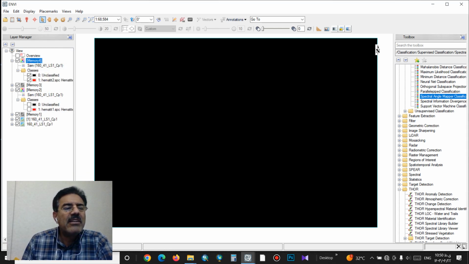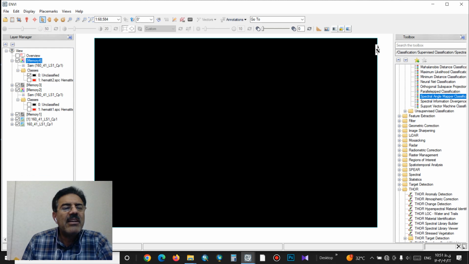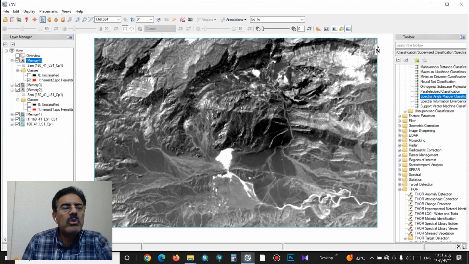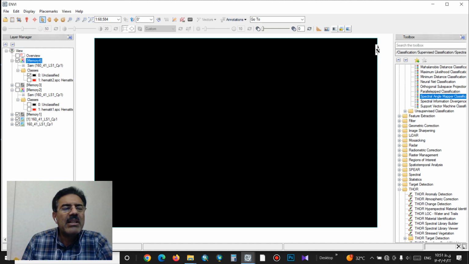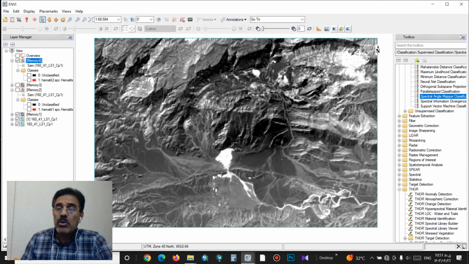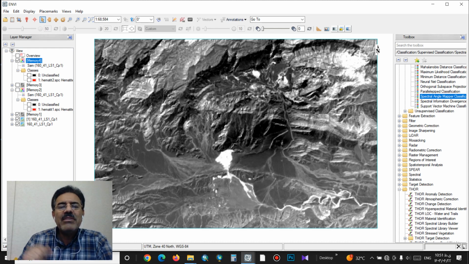And we can see unclassified and hematite number 2. In hematite number 2, we don't have a useful or good result. And repeat this operation with another